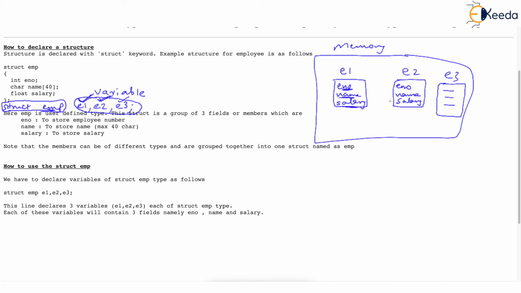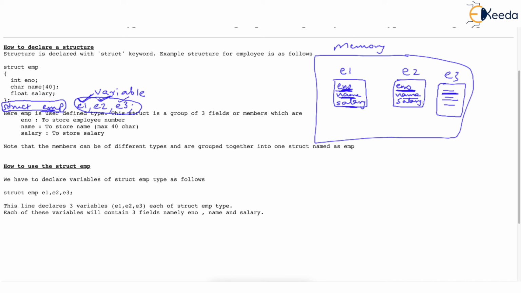In the memory, we have made provision to store data of 3 employees, because the ENO that you store inside E1 can be different from the ENO you store in E2 or E3. Or the name of E1 may be Samir, the name of E2 may be Jack, and the name of E3 may be Mohan. So you have made provision to store data of 3 different employees.